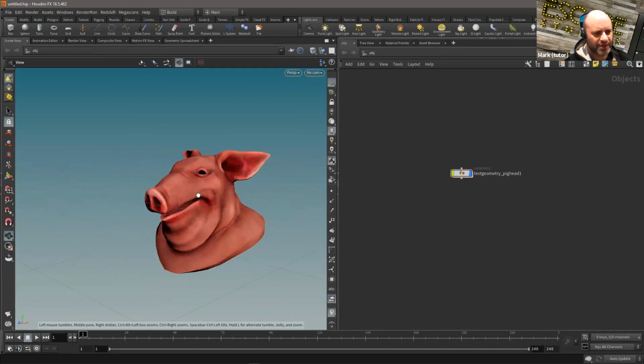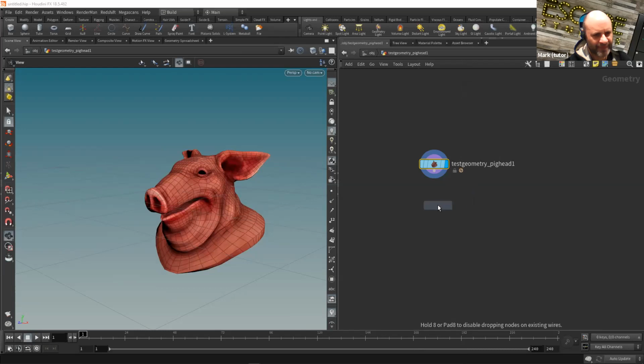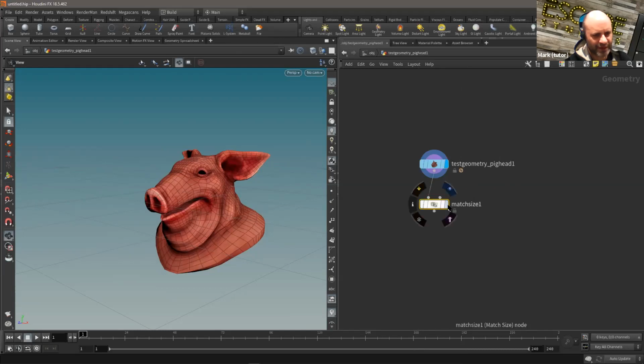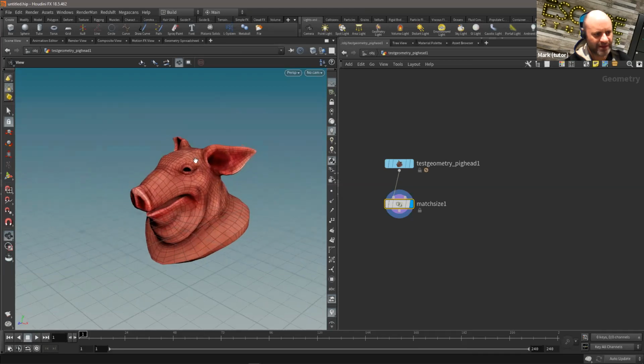And what I'm going to do is modify this a little bit. So if I dive inside, we can actually see our pig's head geometry here. I'm just going to add another node. You can add nodes in Houdini by hitting tab and typing match size. And this is a nice new addition to Houdini, which will allow us to reset our object around the origin